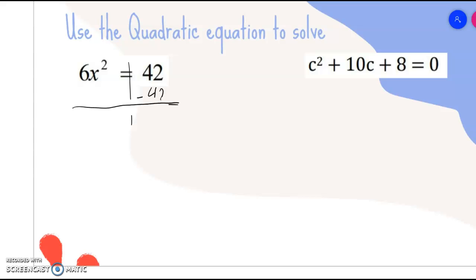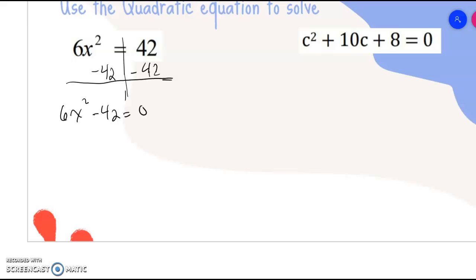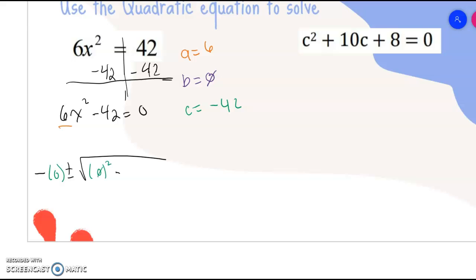Which is subtract. Now remember, I can't combine these two because one has an x and one does not. Also, one is my a term and one is my c term. So, alright, now I'm going to label my a's. A is 6. I don't have a b term, so I'm going to put that as 0. I still technically have one, it's just 0. And my c term is negative 42. So I have negative b plus or minus square root of b squared minus 4ac